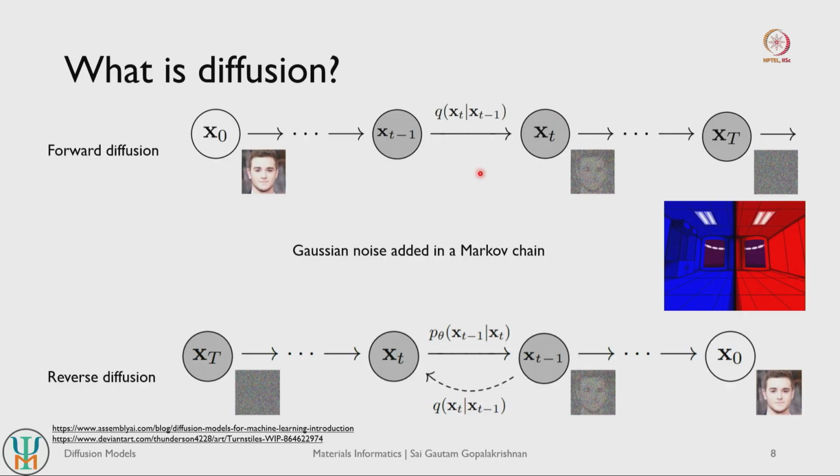So let's now look at a simple chain of events that helps us understand how diffusion works. Let's say you start off with a clean image, something that looks like this. You keep adding progressively more and more Gaussian noise, so just random noise. You keep adding more and more, and eventually all you are going to get is a white noise image, right. So this process is what is referred to as forward diffusion. You take a clean image and then you keep adding noise in some statistical manner, and eventually you get white noise.